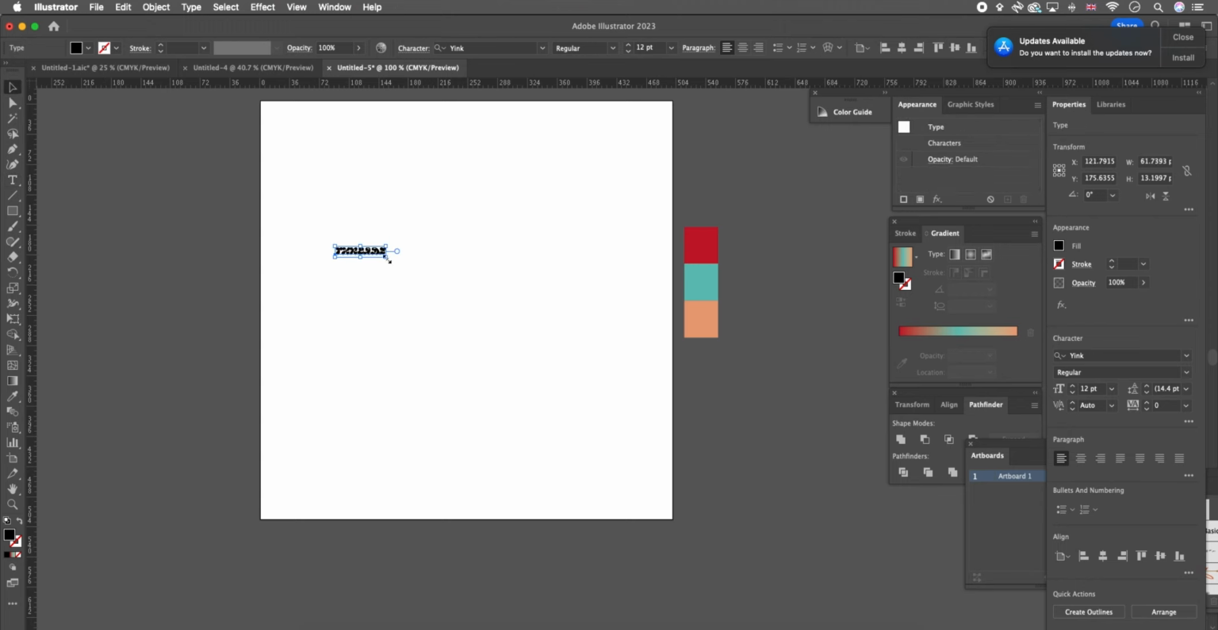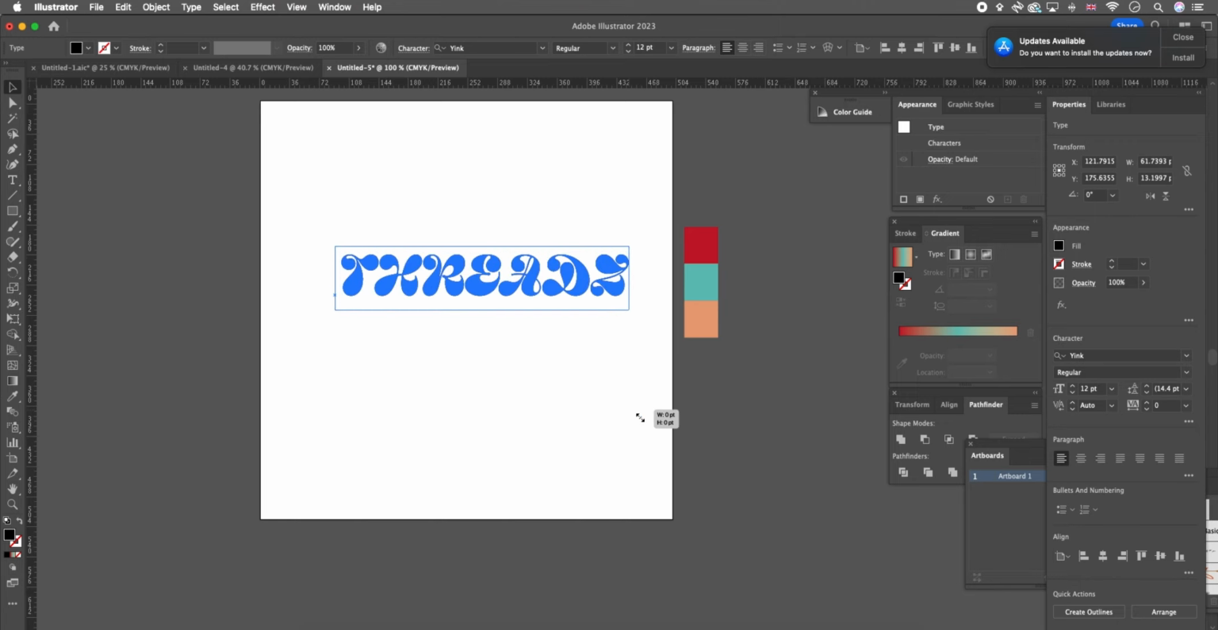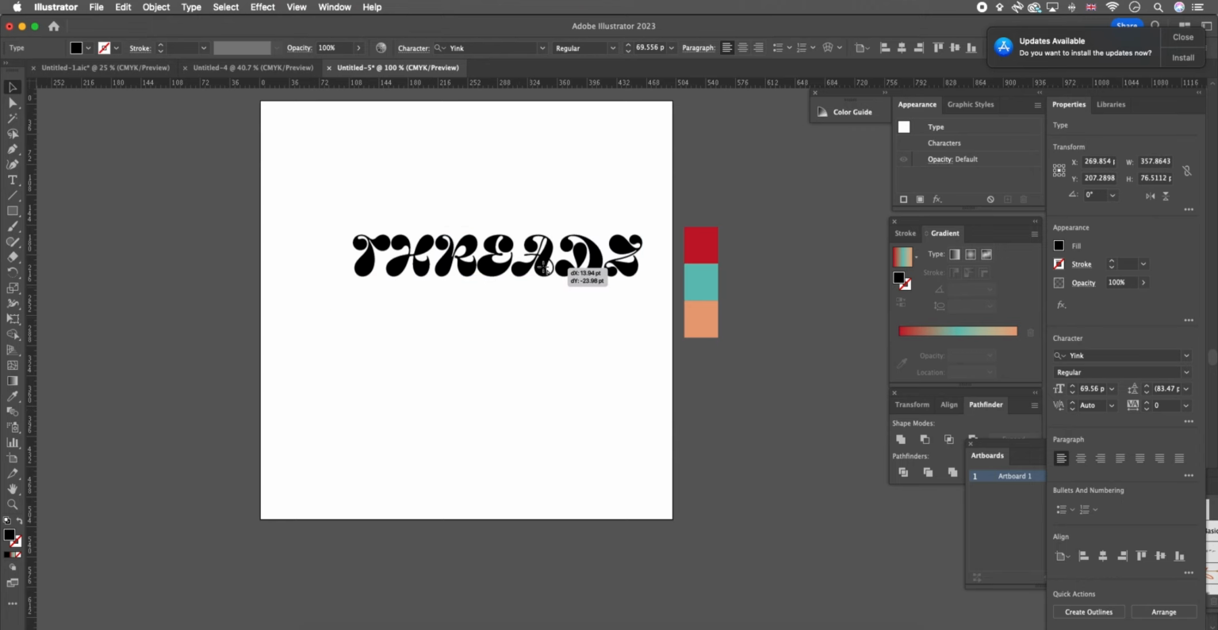And then to expand this uniformly, I'll hold Shift and just expand it like this. Make sure you've got this arrow. So I'll expand it to about this level. Just wait, my computer's being slow today. Perfect. So once we've expanded this to about this size, what we want to do is press Alt and then